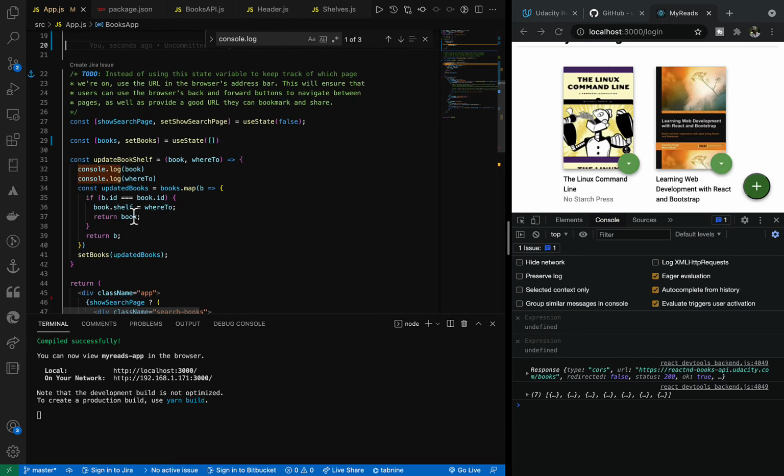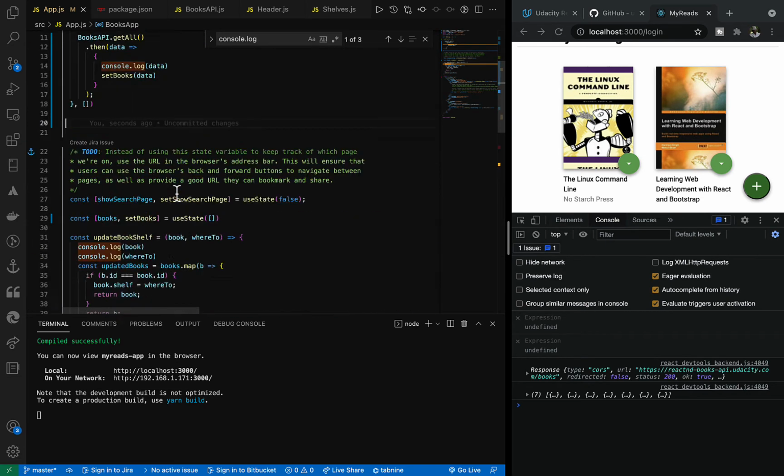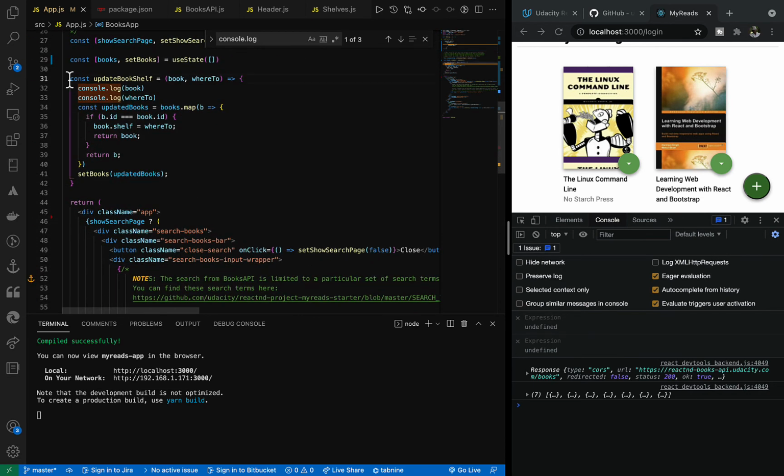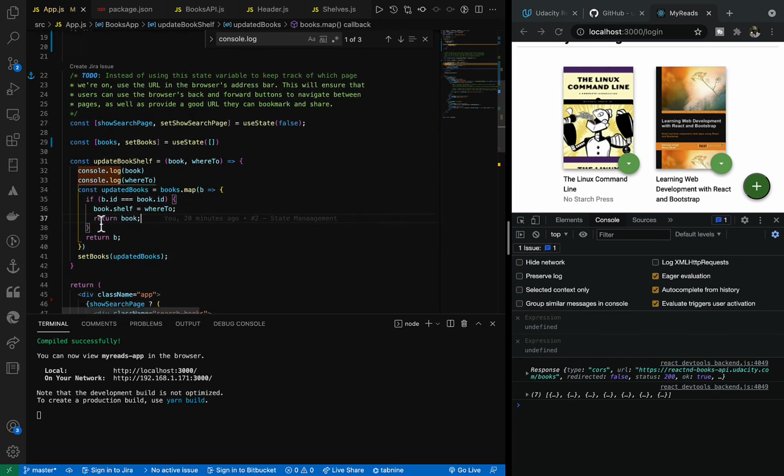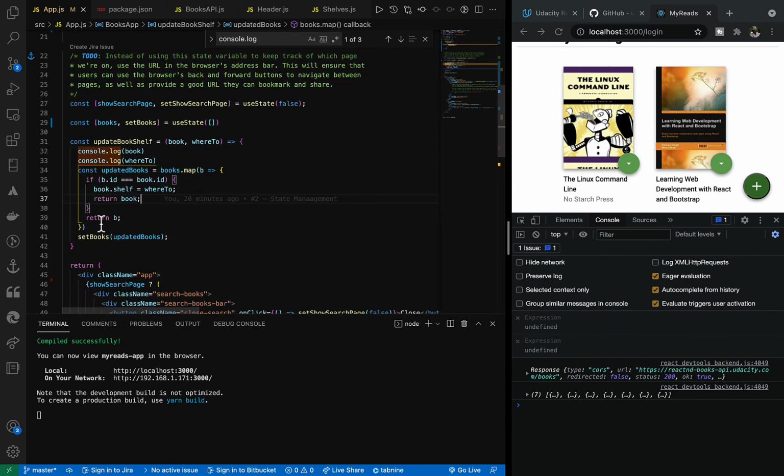Now, changeBookshelf is defined. Here is where we have updateBookshelf. So right here, you see we pretty much change the state of the book locally. But we also want to change the state of the book via an API call. So I'm going to call the API somewhere. Let's see. Update books, maps each of the book. We know what the ID is. We set books. But also what we want to do is